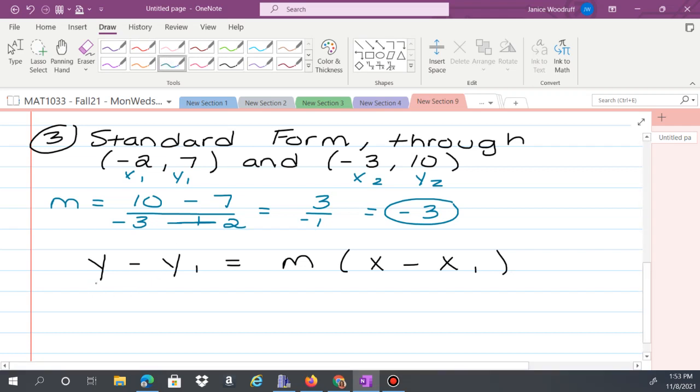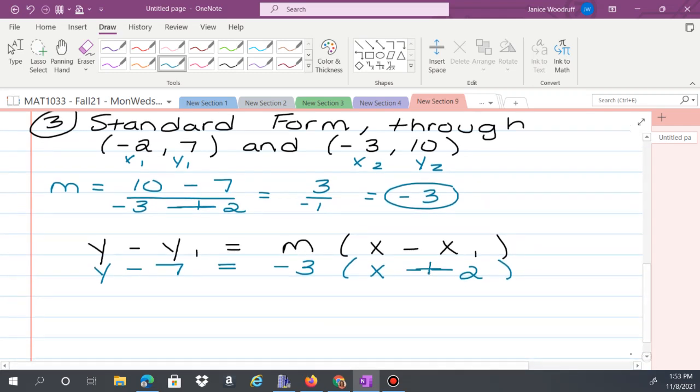Okay, so when I do that, I'm going to get y minus, we'll just use the first point, 7 equals my slope, -3, x minus x1, -2. Okay, so this becomes +2. Then I work it out. So -3x minus 6